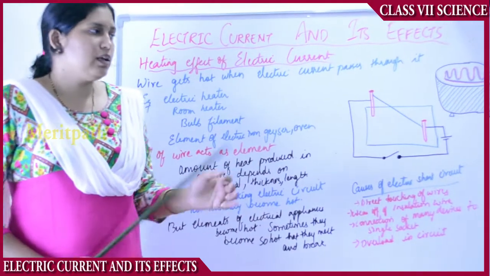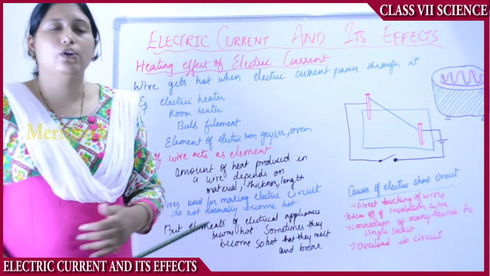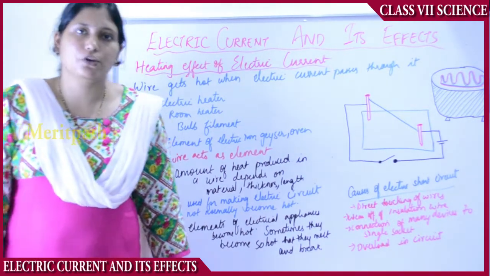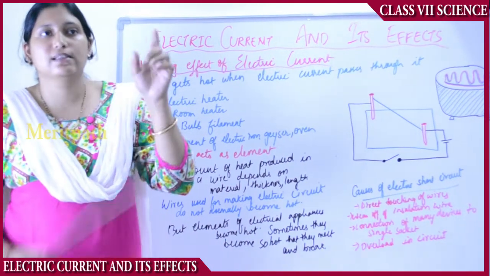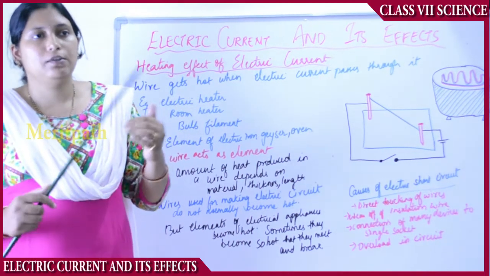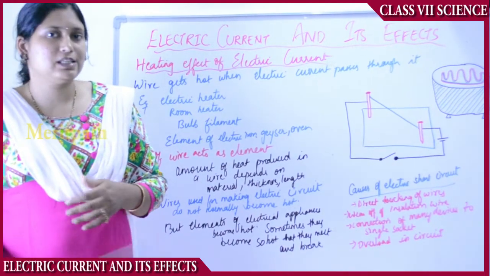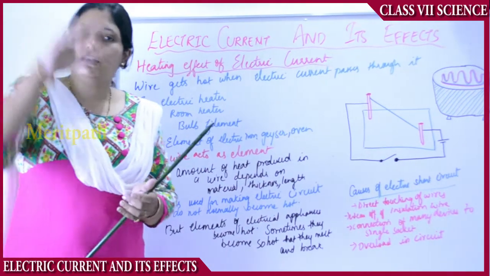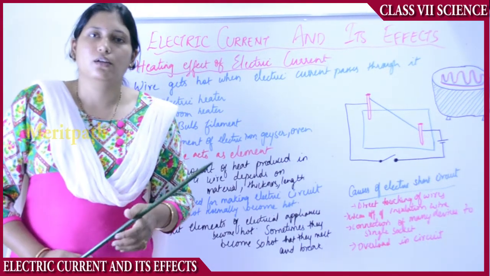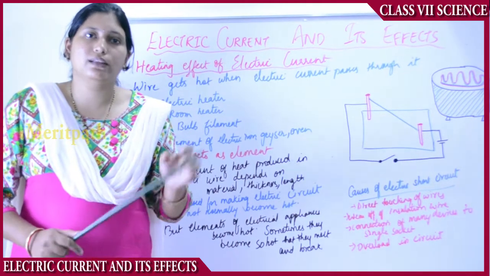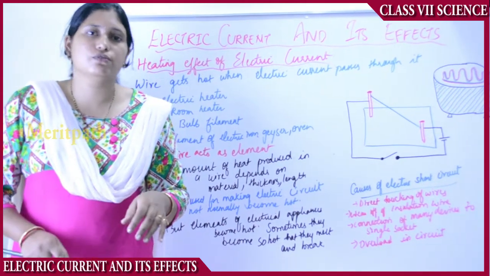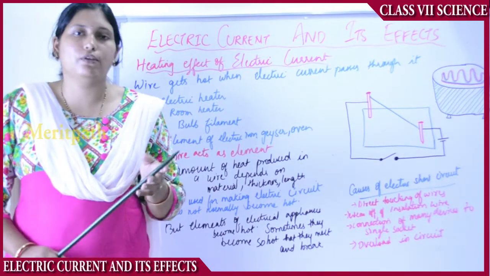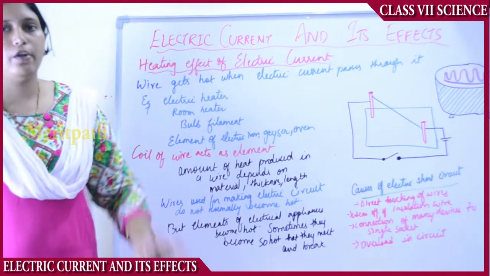And nowadays there is something called MCB, miniature circuit breakers, in the electric boards in our houses. In these miniature circuit breakers or MCBs, whenever there is excessive flow of current, the switch automatically goes to the off position. So that is how we know that there is excessive flow of current. At that time, we go and put it again to the on position.